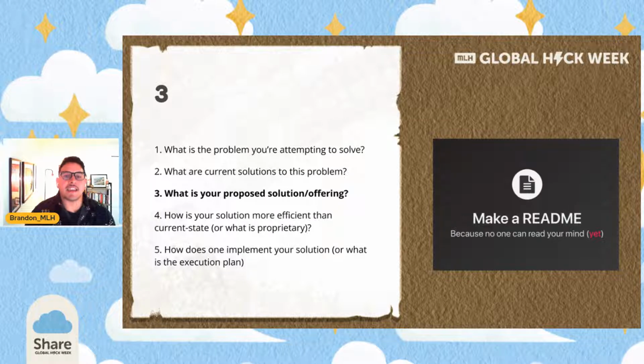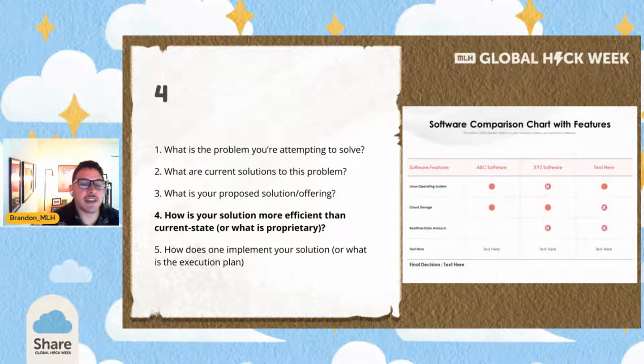I've got my dashboard, and the way you can think about this is making a README, right? So you want to start with that even before you get straight into the code. You want to make sure that you're tying your solution back to that underlying problem. So it's step by step here. All right. So then next, now we have to sit down and figure out, okay, what are we offering? What's more efficient than the current state? And again, it might seem obvious. It's like, well, I had to go to a lot of places to find these jerseys versus now I only have one place to go to.